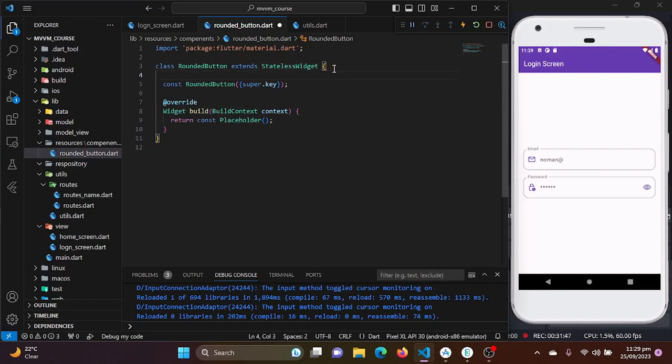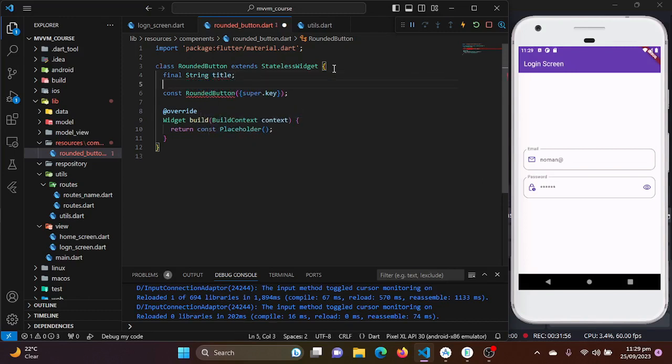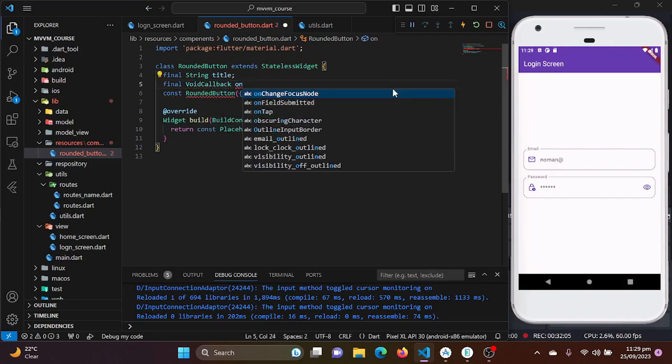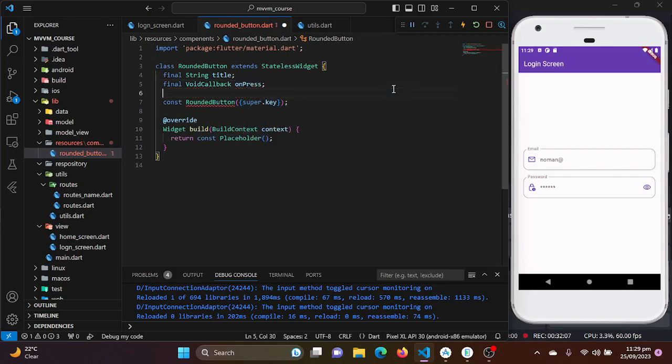So for that reason I will be just creating the final text and the string title and function, which will be our void callback function, and I will be naming it on press, and here